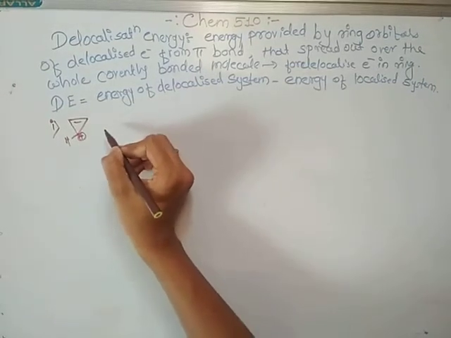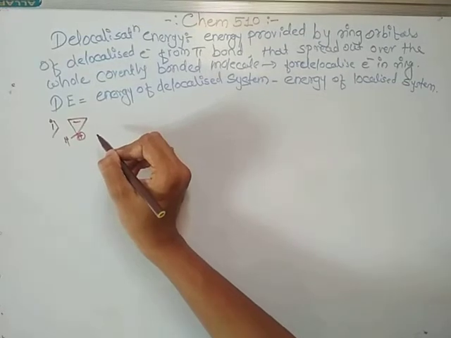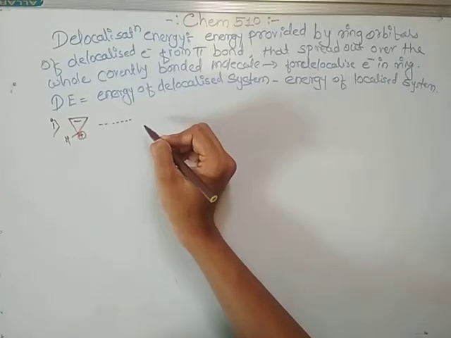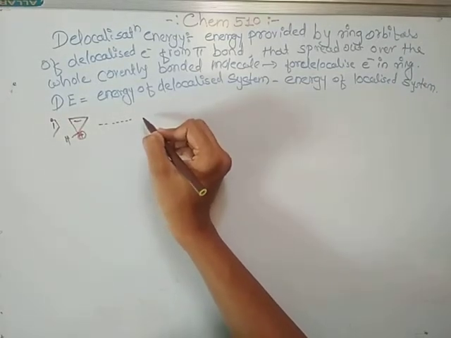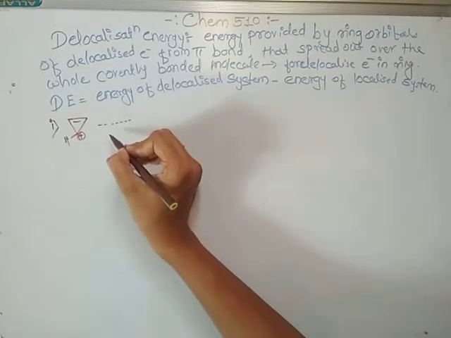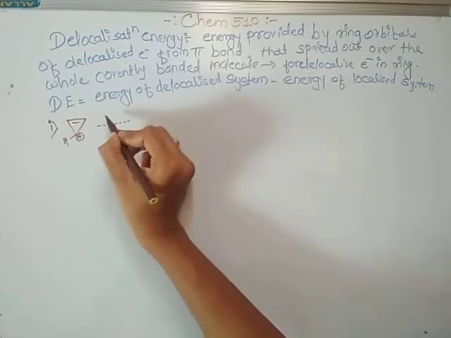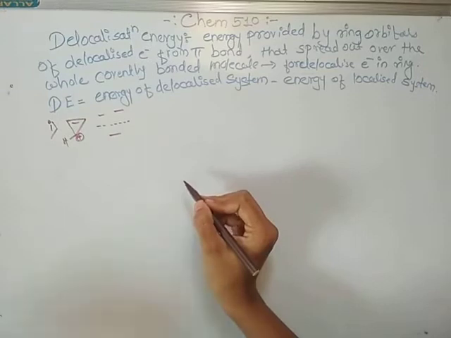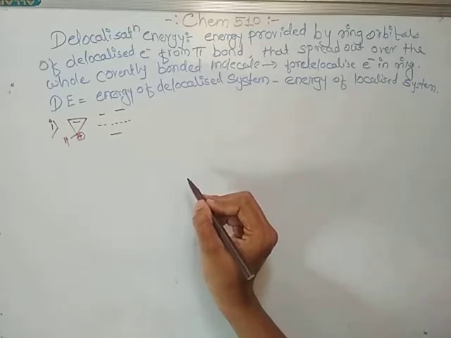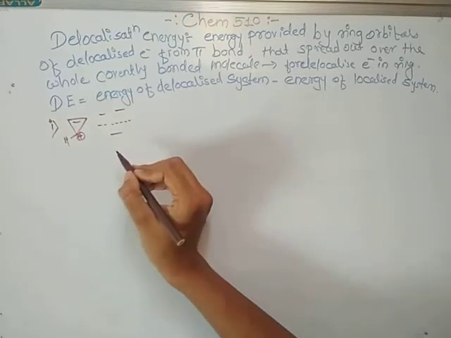For the determination of bonding and non-bonding molecular orbitals, I gave one video, that is by Frost and Musulin's method. If you have not seen that video, then I will give you the link in my description box. Also, the calculation of energies of orbitals in cyclic system video, I will also give you the link in my description box. So depending on that concept, I write here direct values.